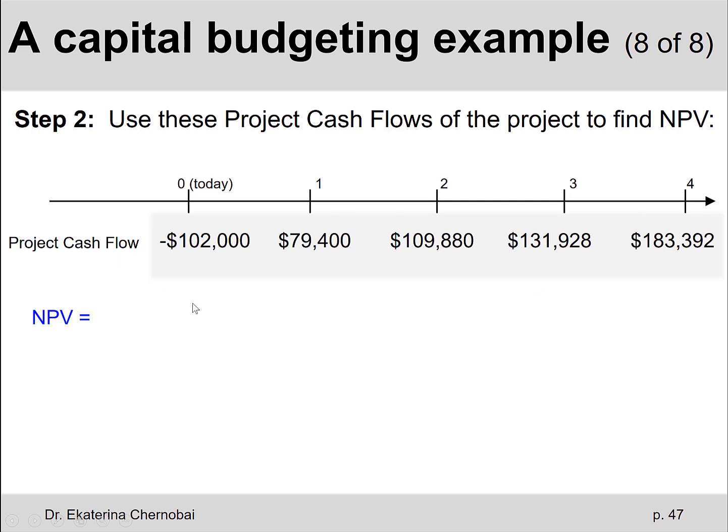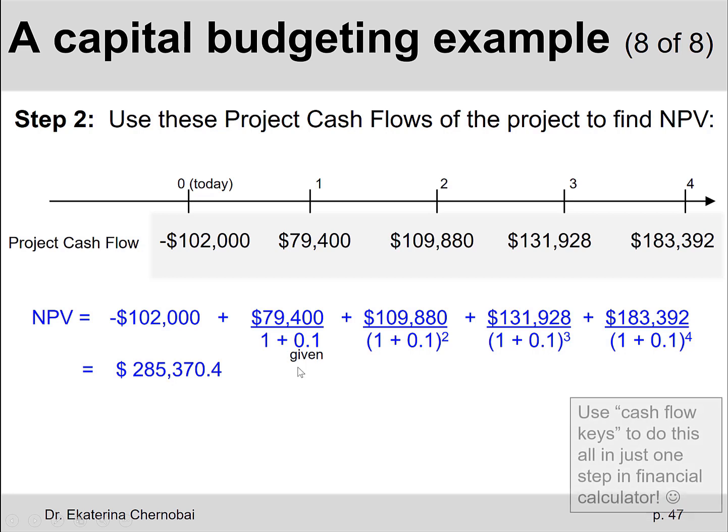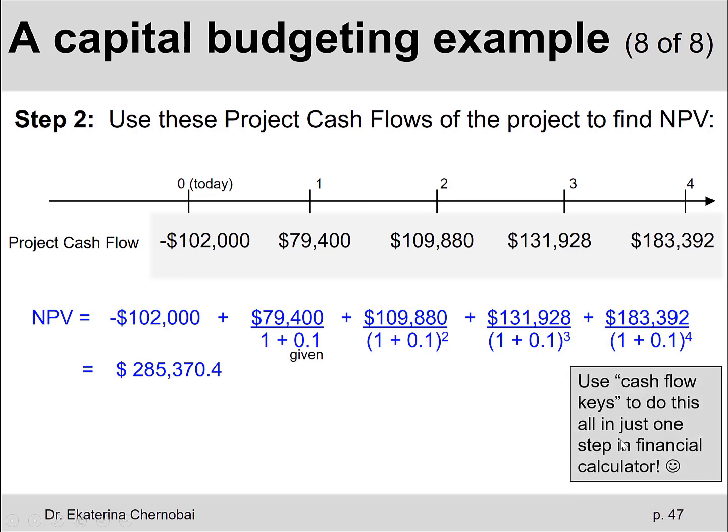We find the net present value using 10% as the discount rate, which was given. The easiest way would be to use the cash flow case in the financial calculator, where negative 102,000 would be your cash flow 0, and then the other 4 cash flows will be entered as cash flow 01, cash flow 02, cash flow 03, and cash flow 04. Then you press the NPV button. It asks you to enter the interest rate, I equals, you put 10, save it, and then press compute. What do we get?